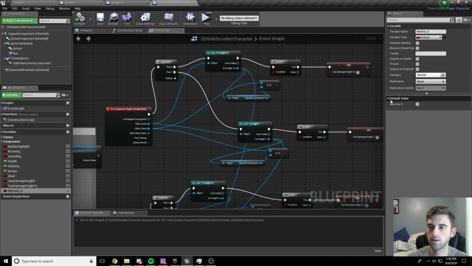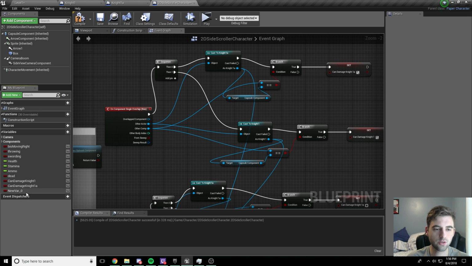new variable 0. Once you have that variable created, compile and save to bring up this little menu here, and make sure that the default value for this variable is set to false, which is basically an open check mark. Just make sure that box is not checked right there above my webcam. I'm going to go ahead and delete this variable though, because I already have the can damage Night 1